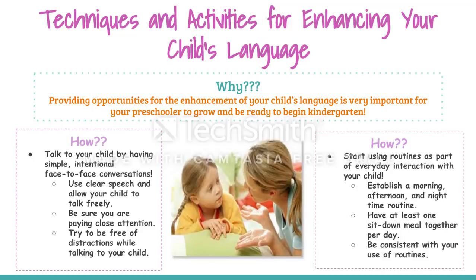Oftentimes, parents might not talk directly to their child, but talk at their child. The difference is when talking to your child, it's more of a conversation in which both of you are talking about something that took place. For example, how your child feels at that time about something that could have occurred. Whereas when talking at your child, it usually means giving a command or making a statement or providing correction of some sort and not expecting any response. When you talk to your child, she or he is able to talk back and forth with you and let you know how they are doing and allows for opportunities for your child to tell you all about something.